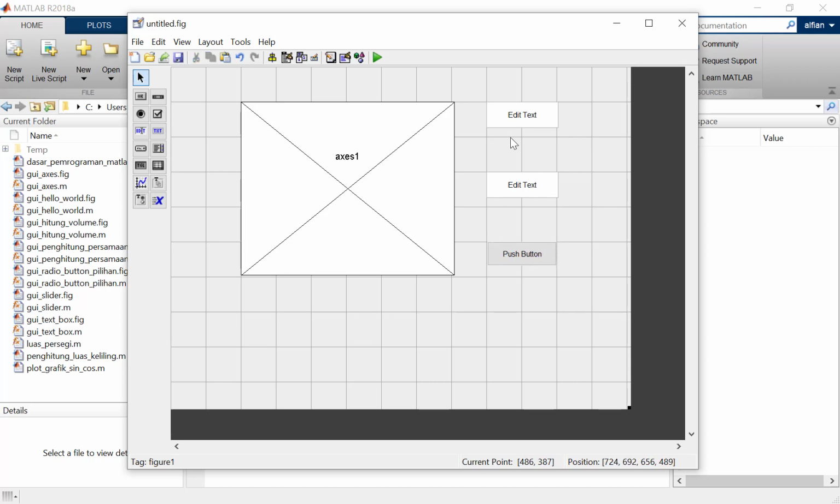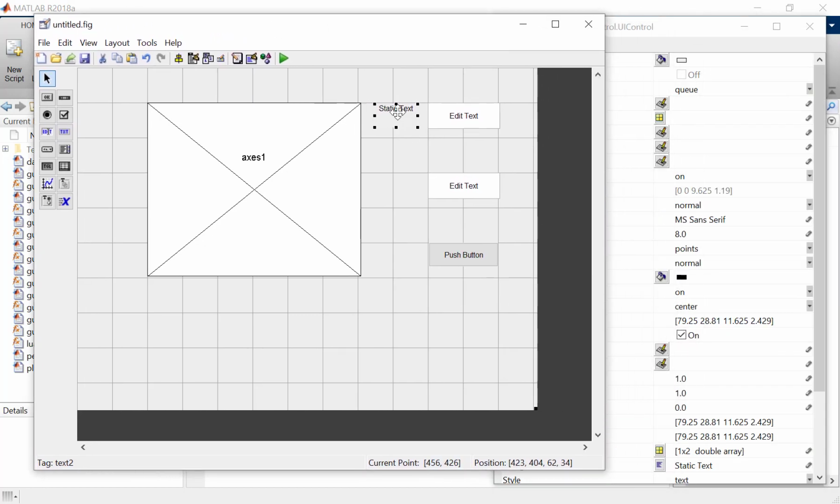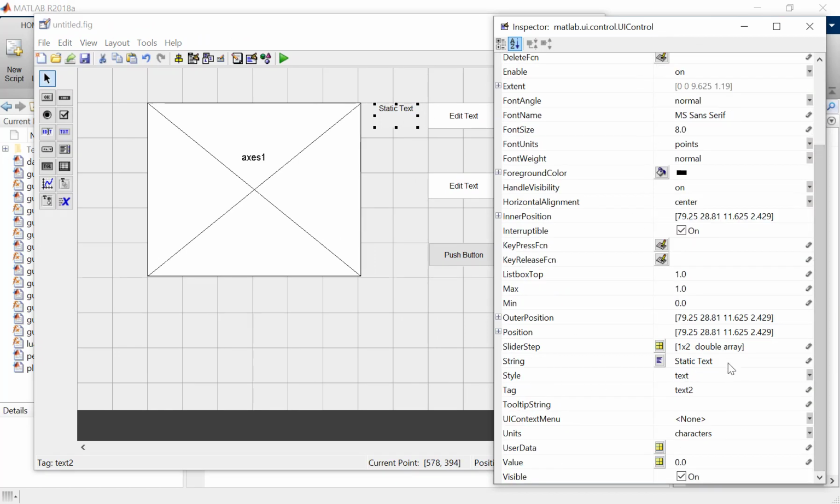After we have the axis and then the first input and the second input, also the push button, we can add the label here. Please change the text in the static text. The first static text in the string: this is the minimal value.